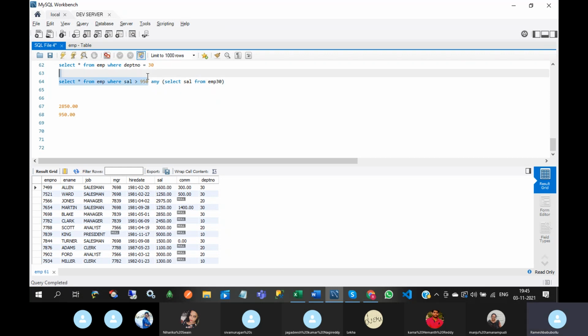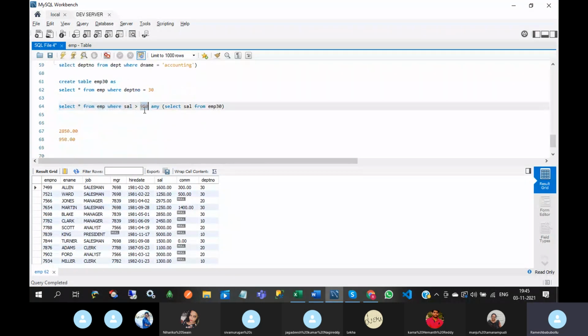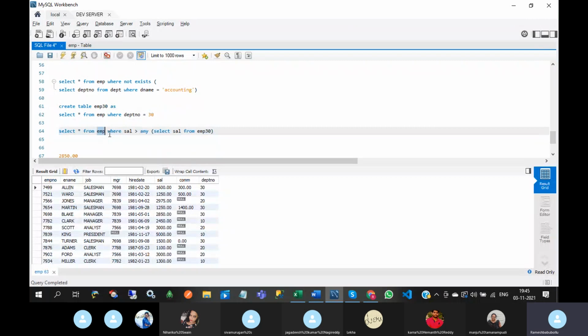Okay, so what will happen? Same records. So here, the employees whose salary is greater than any one of the employee salaries in employee table 30. Any one of them means it will consider the minimum salary.